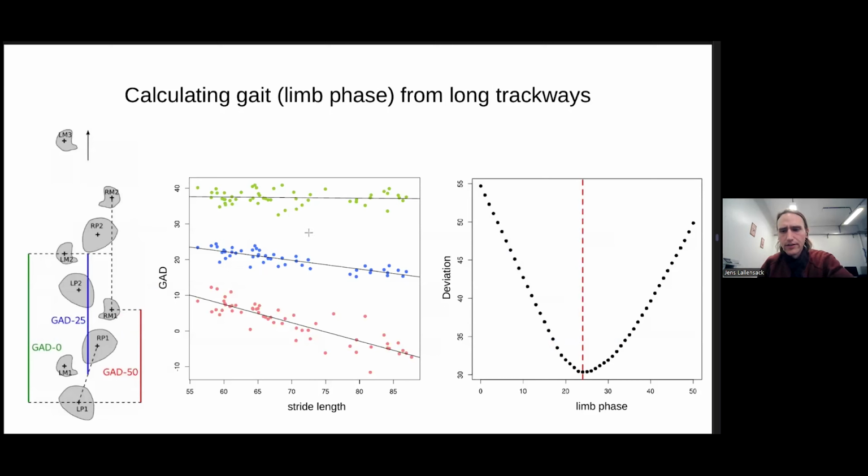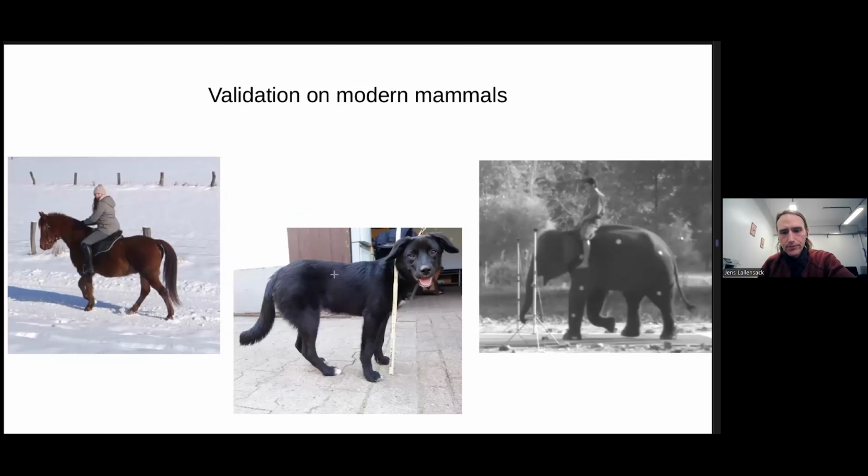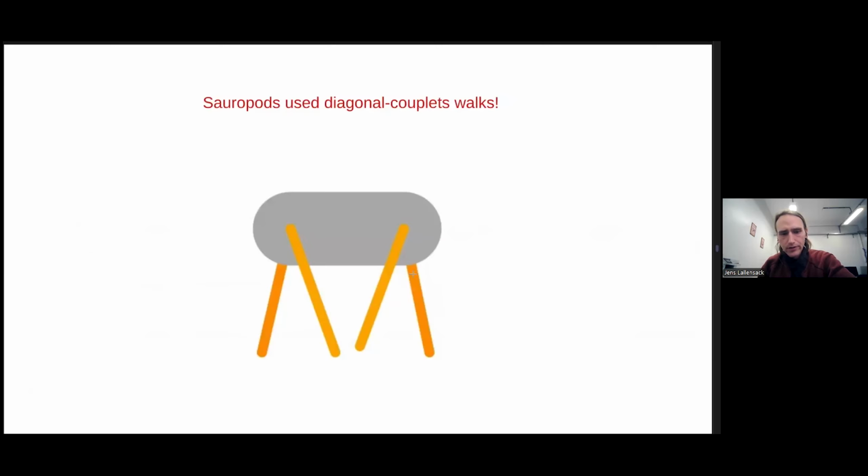And to figure this out, this was a lot of work, a lot of trial and error, took 2 years. But finally we arrived at a quite simple method to quite precisely estimate this limb phase, we call it, from trackways. And we validated it based on modern mammals, and the validation looked quite good. So the result for the sauropod track maker,